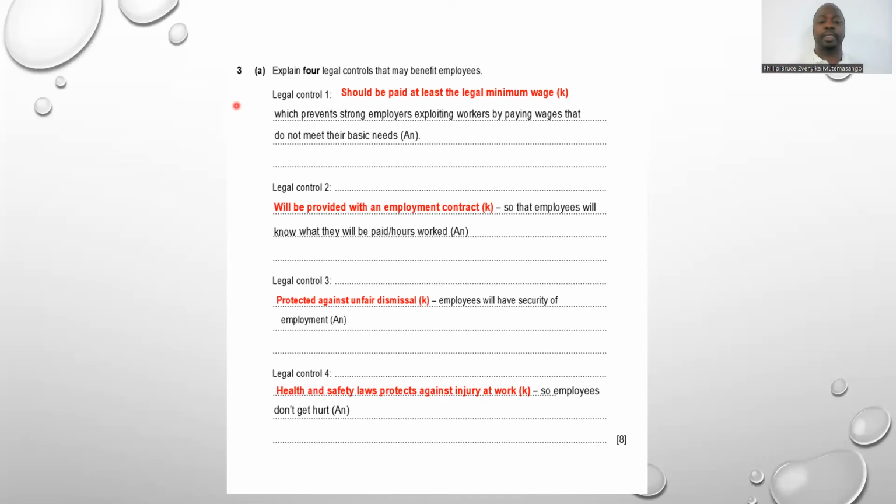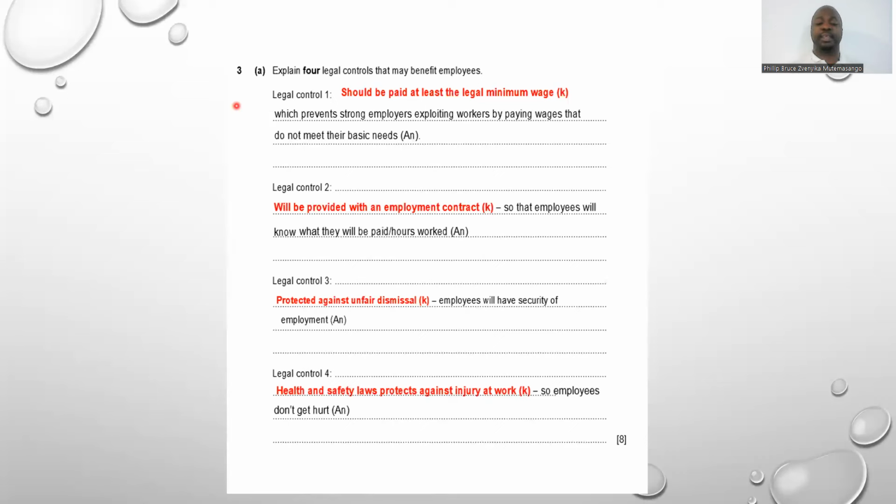Legal control 2, being provided with an employment contract. So remember, when you're employed, you are supposed to sign a contract that shows an agreement between you and the company or the business that you'll be working for, so that employees will know what they will be paid for the hours they are supposed to work. That's your explanation of this control. And legal control 3,